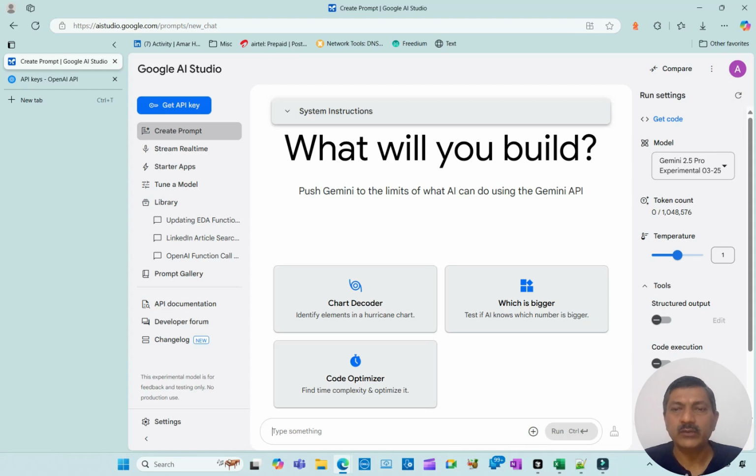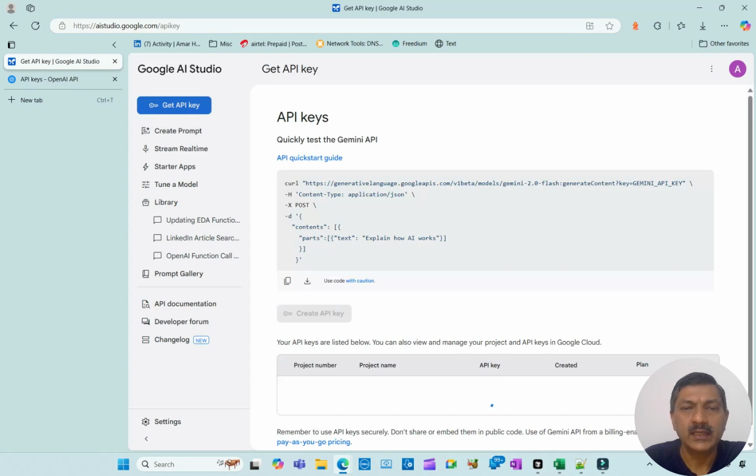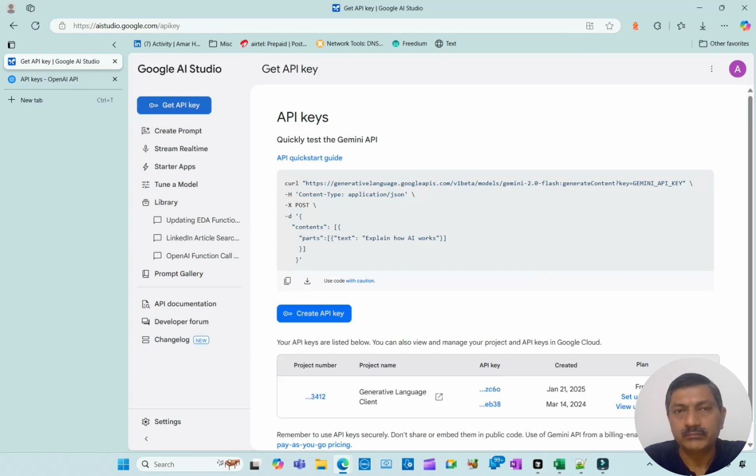Okay, now let's look at where you can get the API key. Simplest and easiest to start off with is Google. Go to Google AI Studio. It is free. They have a huge free tier, so you don't have to put any credit card or anything. So you go to aistudio.google.com. You will get something like this. You just say API key, and